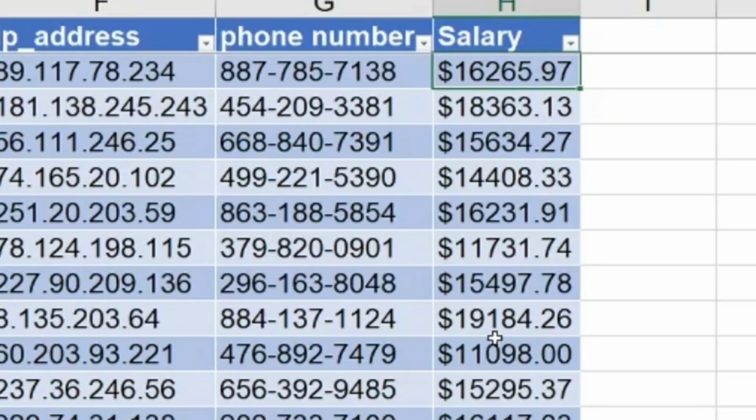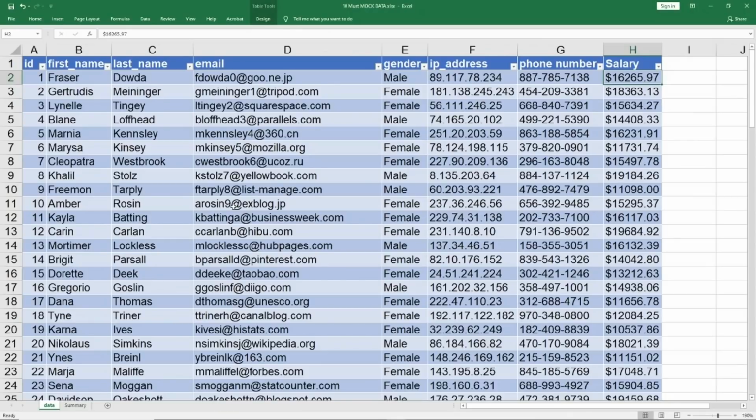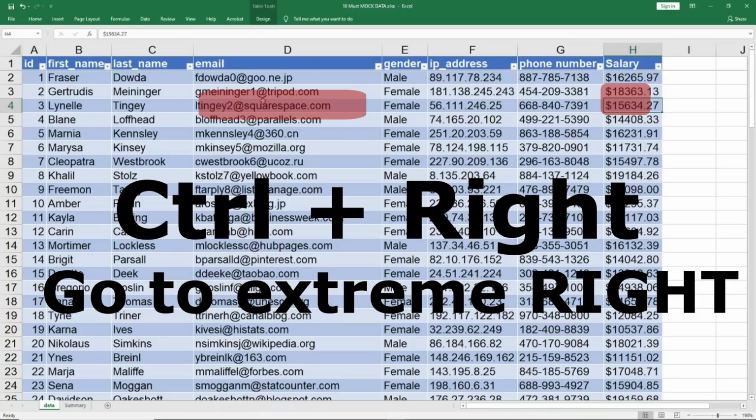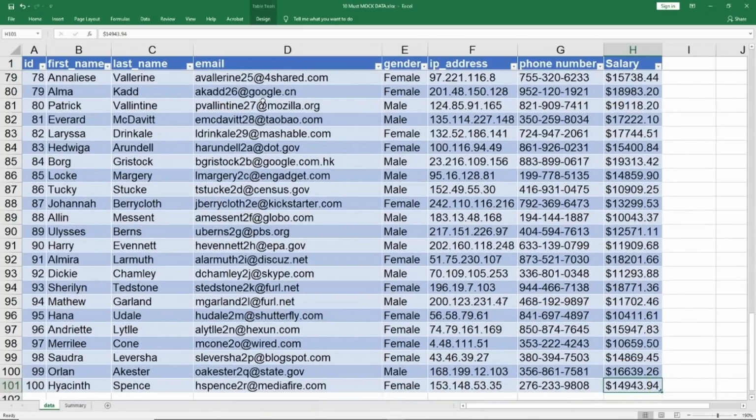So what I can do is I can use one of the shortcuts here. Now I'm telling you about this Control and arrows, which is using Control you can move up, down, left, right, and to the endpoint. I'll demonstrate it and then I'll tell you what to do here. So currently if I am on cell, let's say D4 here, I want to go to the extreme left cell without any space or break in between. I say Control and left. I'm in the first column. I say Control and right. I'm in the last column. Control and up, I'm on the topmost row, and Control and down, I'm in the bottommost row without a break.